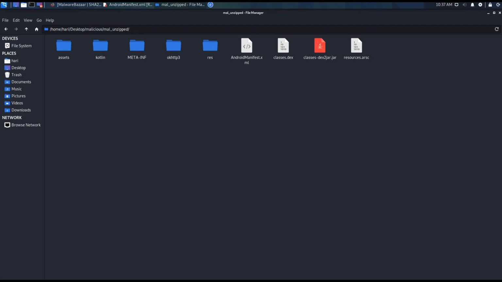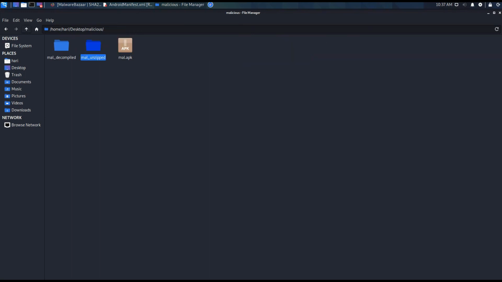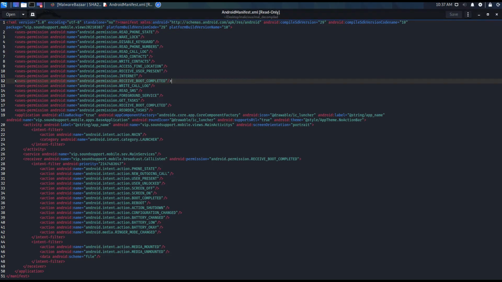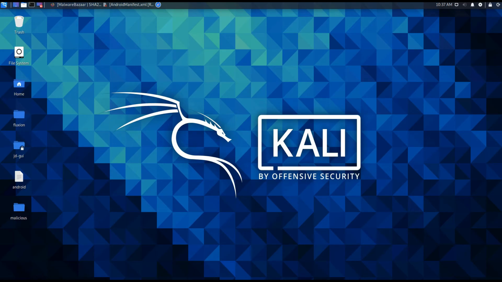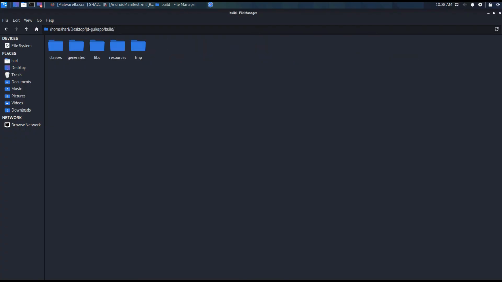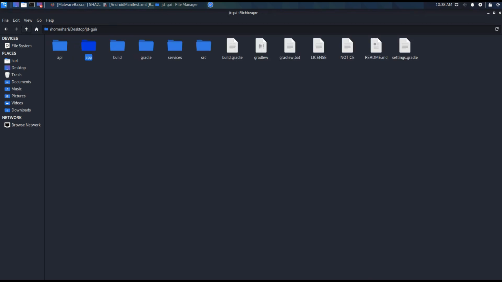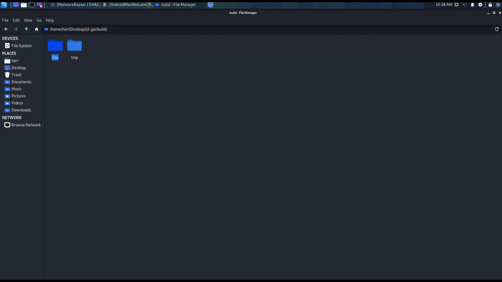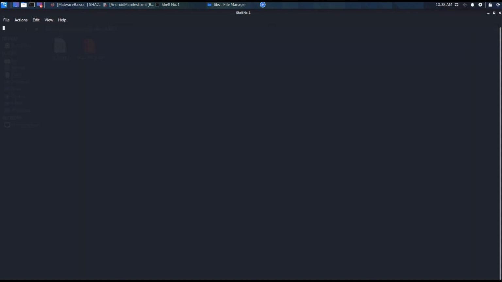Now we have converted the dex file into the jar file, and let's open the GUI, JD-GUI. We are using this JD-GUI in order to view the jar files, right? So for that reason we are using this. You can get all these tools. You will be getting some clarity and knowledge from the previous videos. That's the reason I'm telling you to watch the previous videos before getting into this, or else it will be very difficult for you to understand what's happening.